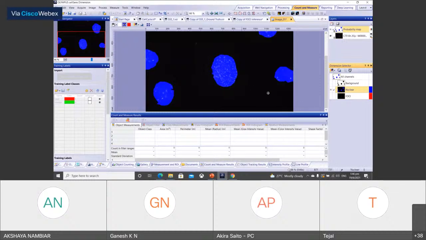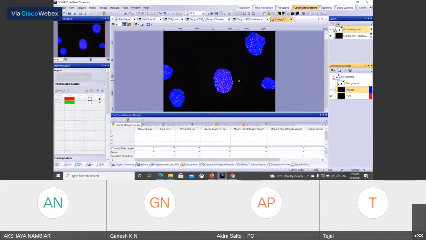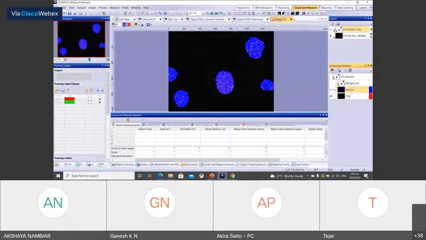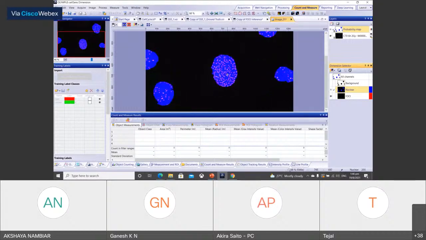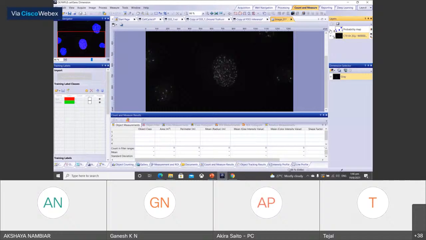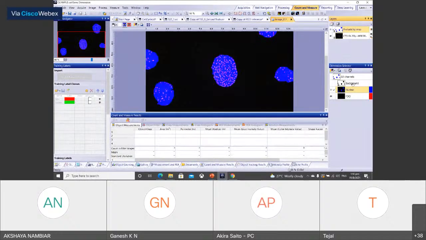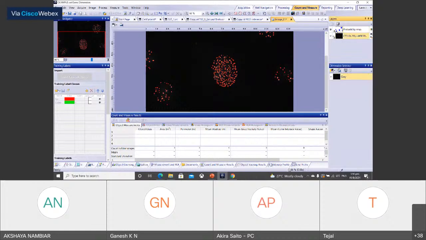So this shows different colors to identify the different classes. You can see that the nuclear is detected properly, and also the foresight itself is detected properly.